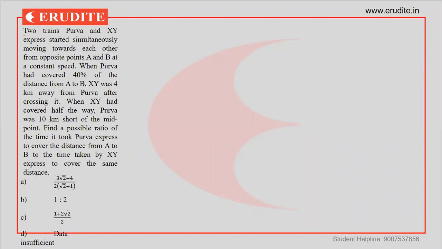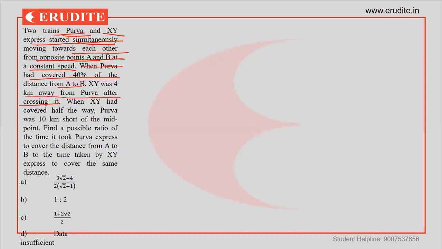It says two trains, Purva and XY Express, started simultaneously moving towards each other. They start towards each other from opposite points at constant speed. They started simultaneously. When Purva had covered 40% of the distance from A to B, XY was 4 kilometers away